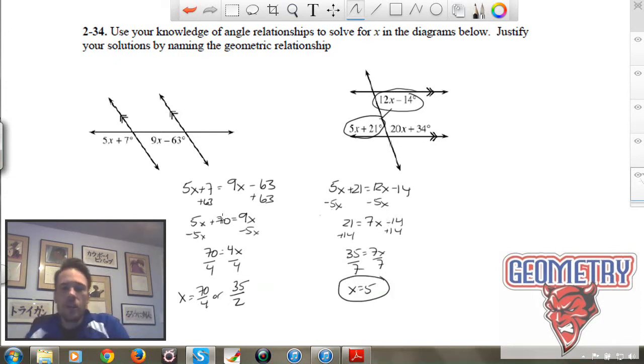So a number of choices there with our relationships, right? It's good to know them all. It's good to have options, especially if you encounter a problem with a variety of expressions for different angles. You can always use one to work around to get the other one, and then once you know one angle, then you know all the angles that are the same, or you can find all the supplements. So knowing the relationships in a diagram like this really helps you to dissect it into the different angles